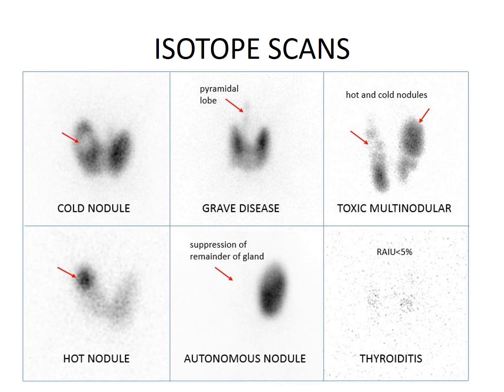Here you will see a hot nodule, and you also see the rest of the gland, but there's an increased uptake in one portion, which is indicative of a hot nodule. Then in the next picture, you will see this is an autonomous nodule where there is an increased uptake, but at the same time suppression of the remainder of the gland. You don't see anything else here. So this is an autonomous nodule, and here you have a scattered picture. So this is a case of thyroiditis.